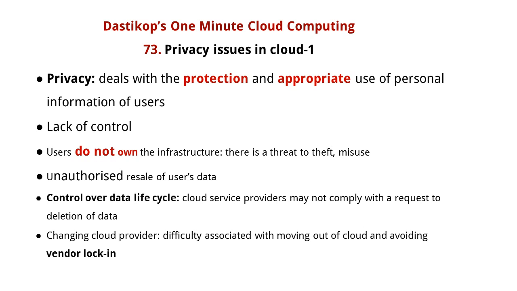Cloud computing is a very useful model for using computing resources. However, there are certain characteristics of it which make it very difficult to promote among certain sets of people because of certain concerns. For example, in data centers, the data of users as well as programs are stored. Now that data is stored on a remote server, the user wants certain guarantees regarding its protection and appropriate use of his data. So this comes under what is known as privacy issues in the cloud.